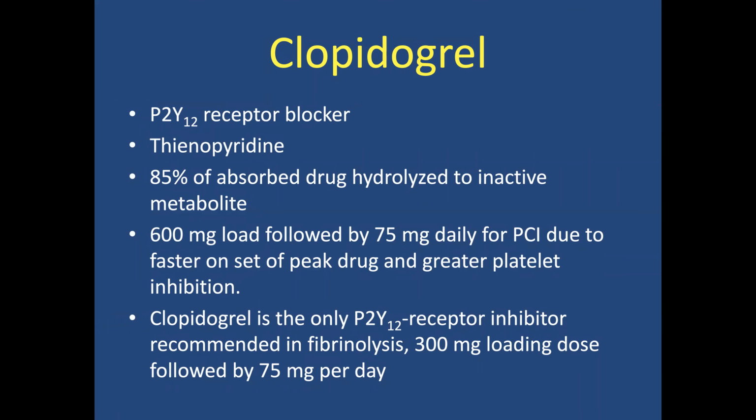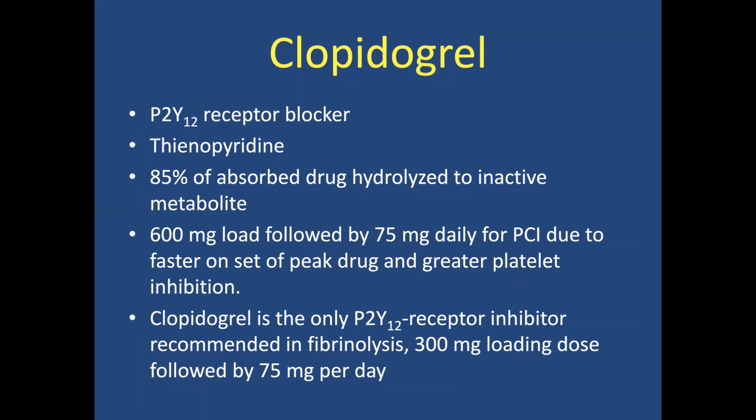And we'll discuss why that's important in just a moment here. So a brief mention of the dosing. For post-PCI, we recommend 600 milligrams, followed by 75 milligrams daily. That's the typical dose. You give 600 to start out for a faster onset of peak drug and greater platelet